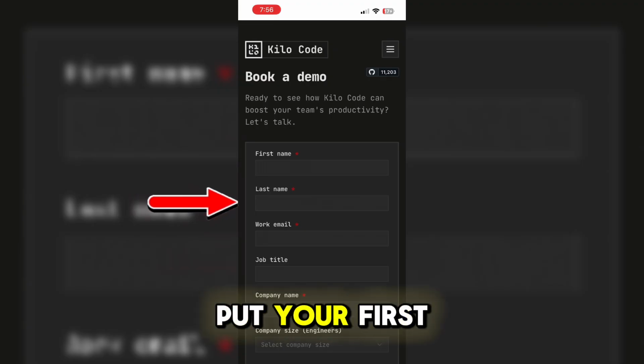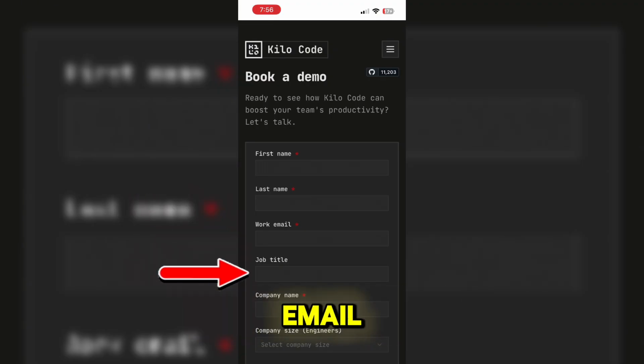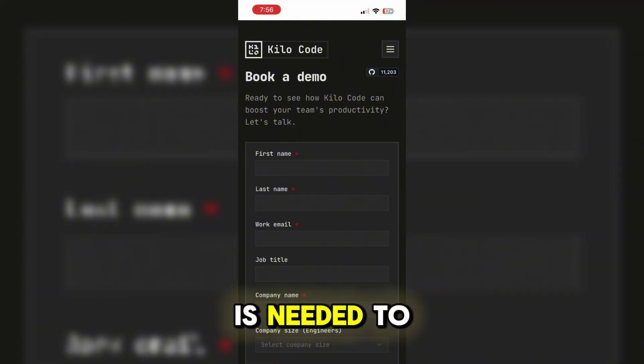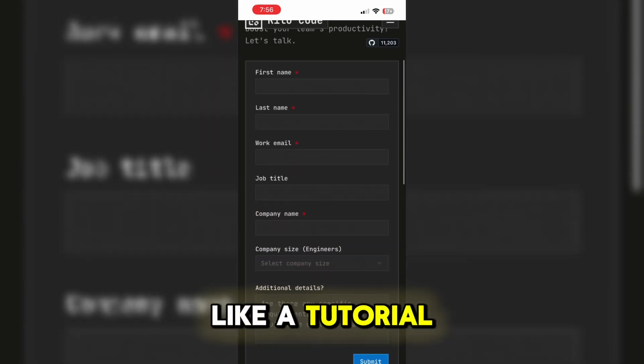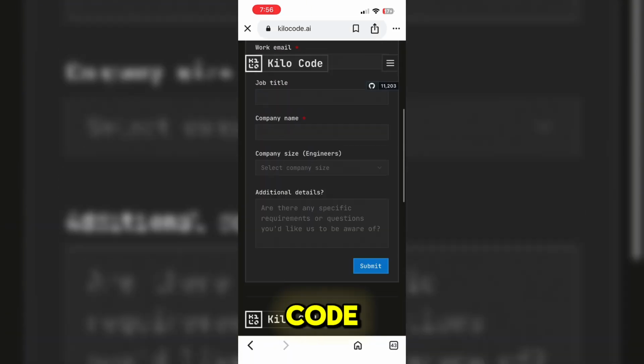What you need to do is put your first name, last name, work email, job title, company name, and other things that are needed to be filled up so that you can book a demo with them. Now, book a demo is kind of like a tutorial on how you are going to use KiloCode,